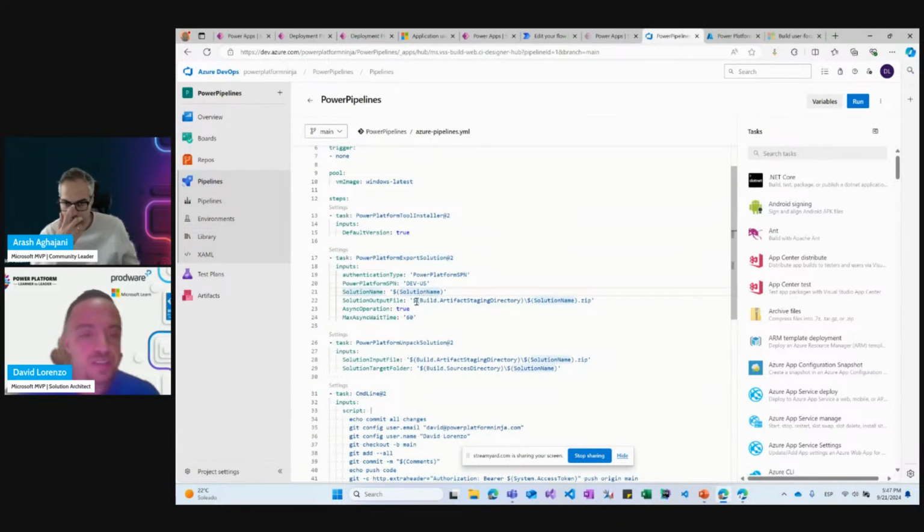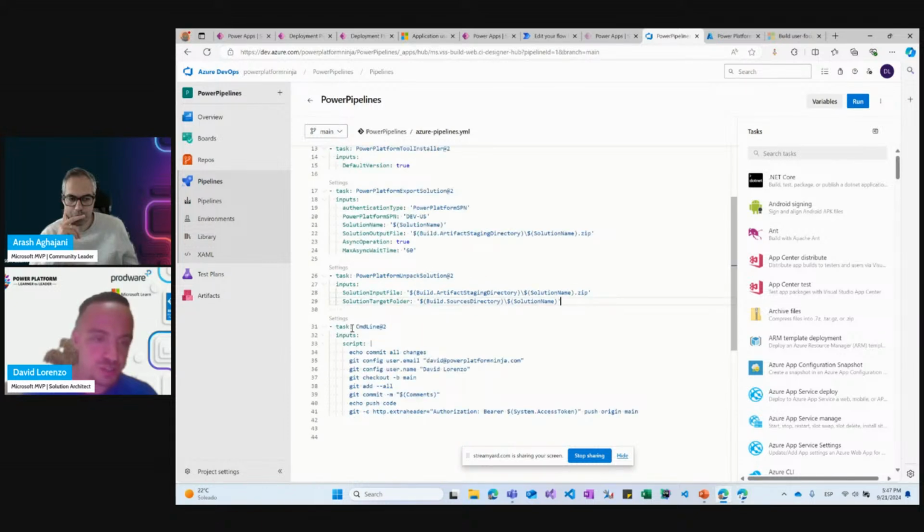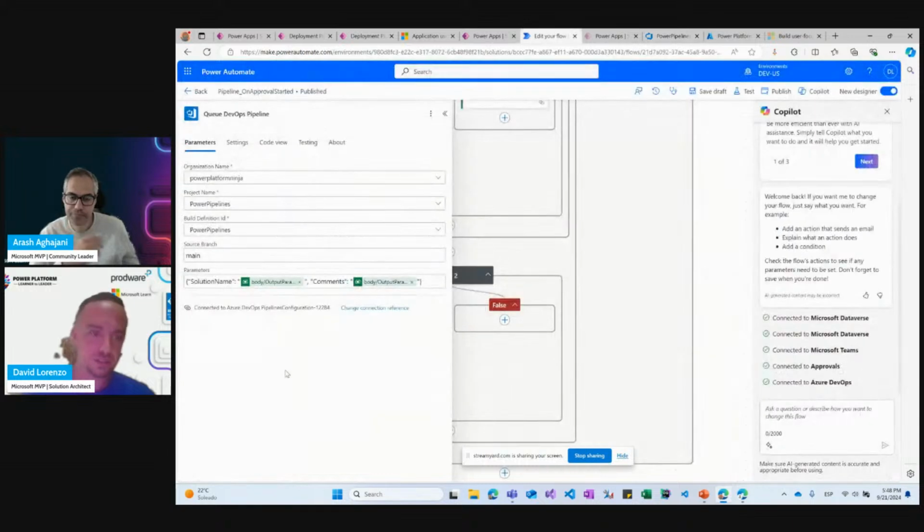It will save it in a temp folder inside the pipeline host, and then it will unpack the solution to a folder, and then using a command line script, we will commit all the changes to the repository using the comments variable that we are passing here as parameters.